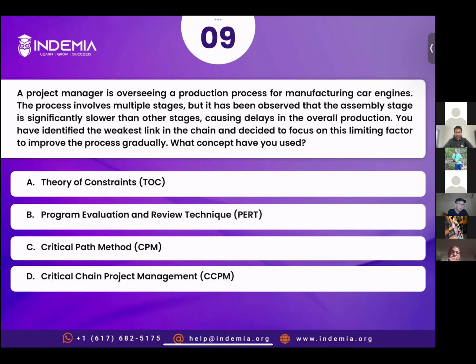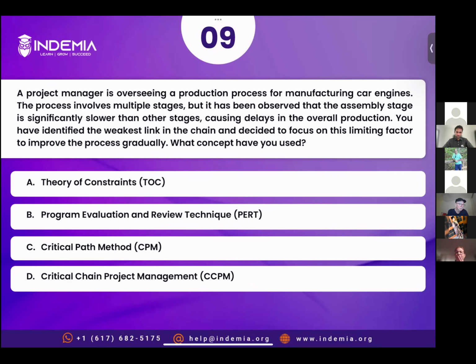All right. Thank you for the explanation. Francis, you have chosen option A. Yeah, as he just said, I chose option B because the question says we have identified the weak link. So therefore, this weak link, I think, is creating a bottleneck. So with the TOC, we use this method actually to eliminate the impact of the bottleneck. So I think that's why this theory comes into context. All right. Thank you, everybody.